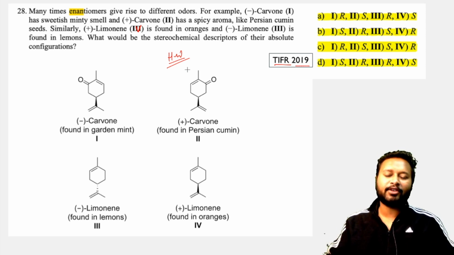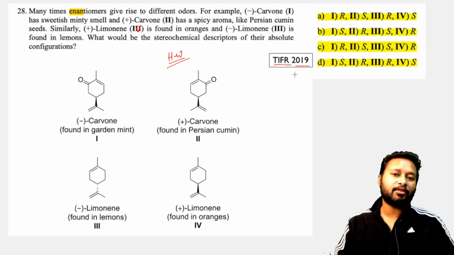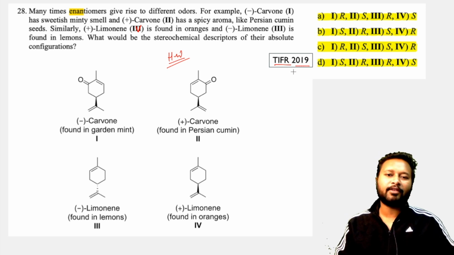So that's it for this video. This many questions were there from stereochemistry, stability, and basically general organic chemistry in your TIFR exam. As I told you, before 2019 I couldn't find many questions from this particular topic in the exams, but recently, from 2019, 2020, 2021, the number of questions has increased. You are getting around 2 to 3 questions from this topic, so make sure that you cover it as well. If you are not good at organic chemistry, these are some basic topics which can help you simply score some marks in the exam.